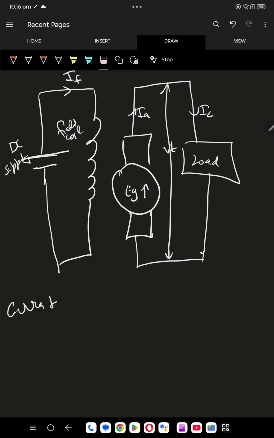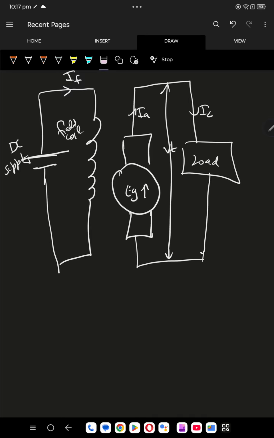First let me tell the parts. IA is armature current, RA is going to be armature resistance. IF is going to be field coil current, RF is going to be field coil resistance. EG is generated EMF across armature. VT is terminal voltage. IL is load current. I repeat, IA armature current, IF field coil current, RA armature resistance, RF